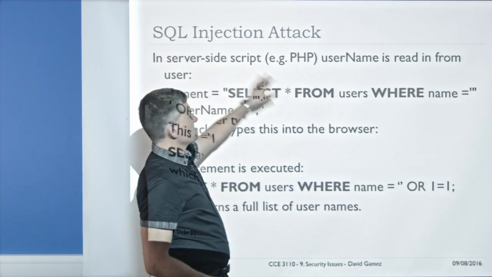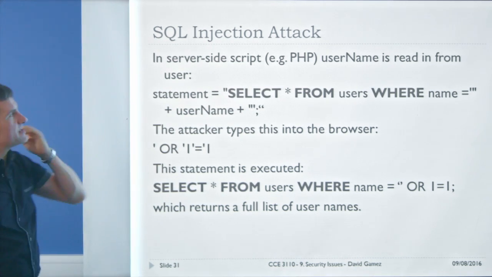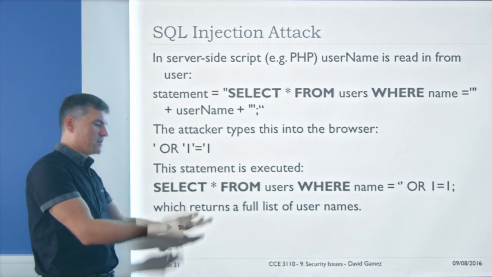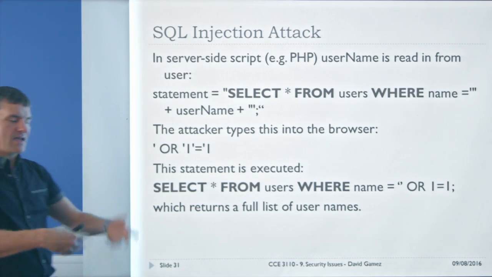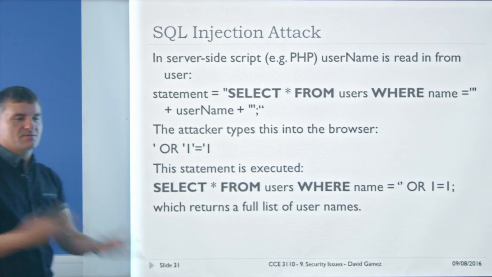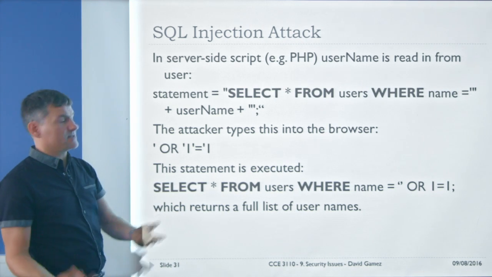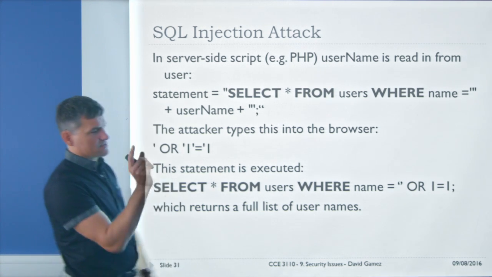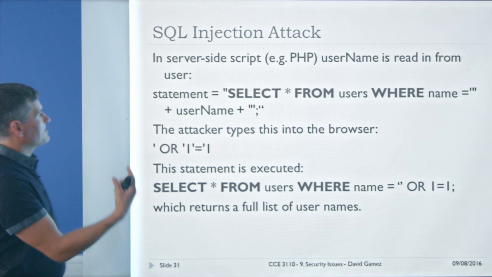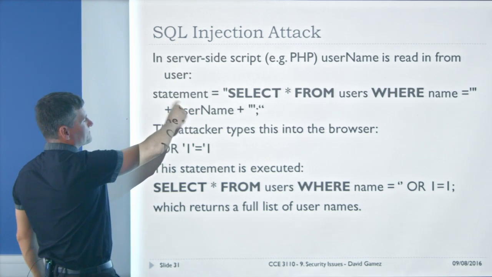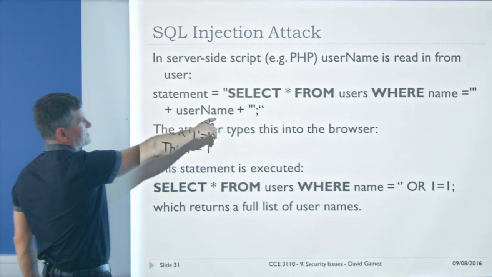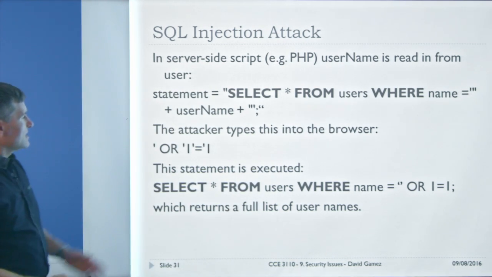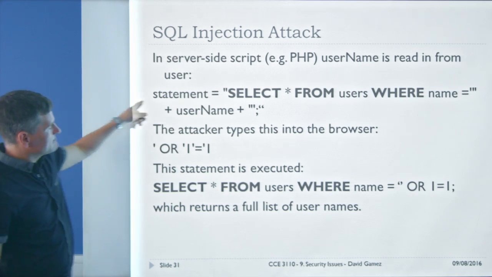So let's suppose, as we discussed in the talk on commercial websites, all these server-side scripts receive GET requests or POST requests or whatever from the user, and then interact with the database to retrieve data that's then formatted in HTML and sent back to the user. So let's suppose we're reading a username from the user. The user's logging in, they enter their username and maybe a password as well. And in the PHP, we've got this statement: select all from users where name equals username, right?